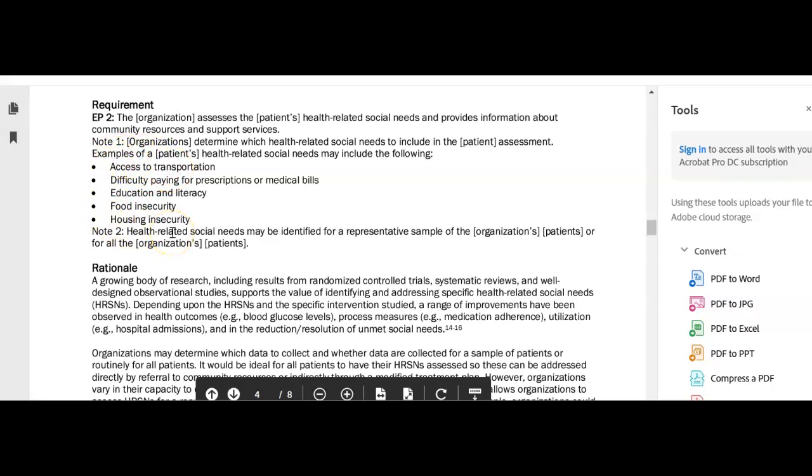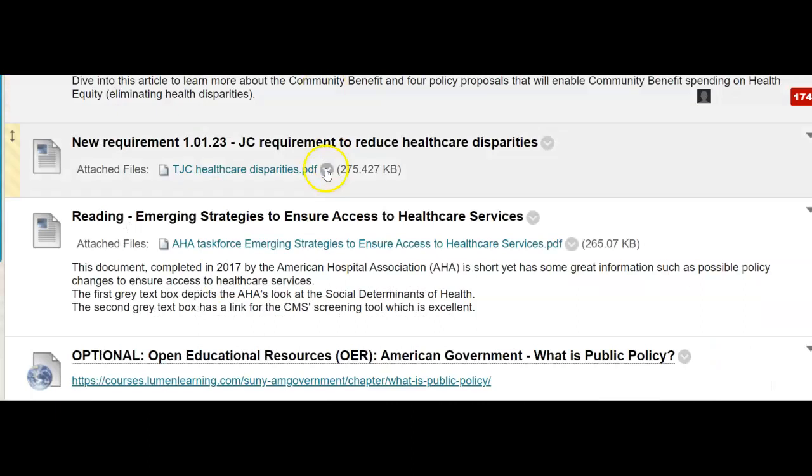Do they have access to transportation? Do they have difficulty paying for their prescriptions or bills, medical bills? What is their education and health literacy level? Food insecurity and housing insecurity. So again, look at those closely. Access to transportation, payment for prescriptions or medical bills, education literacy, and food and housing insecurity. So you can go then on and read the rest of this, but I want to go on now